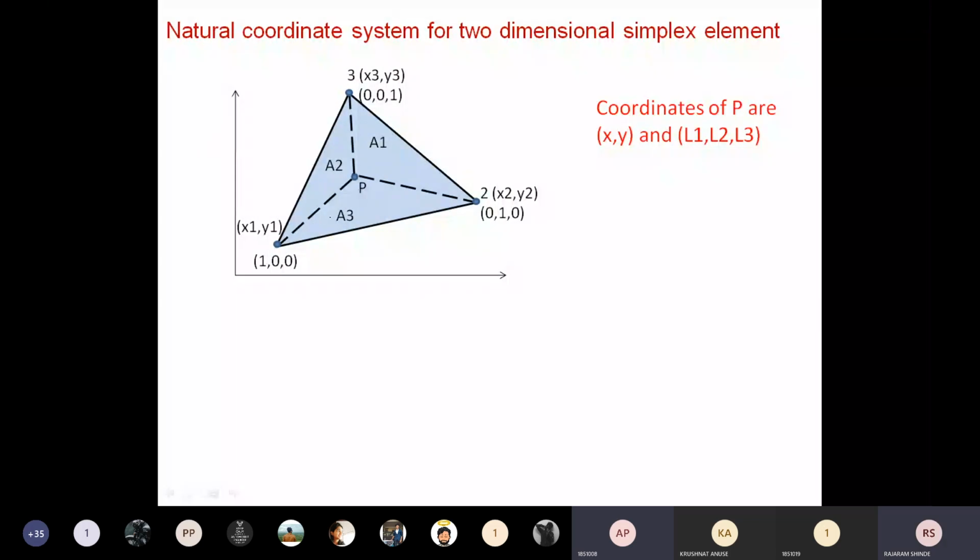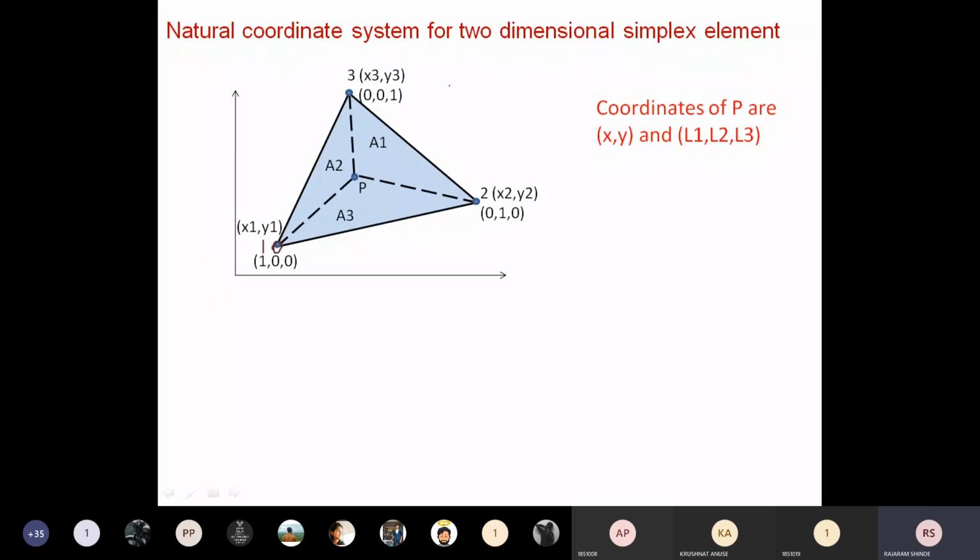Okay. Now see here. Here, this point is suppose 1 point. This is node number 1. You have a triangular element, and this triangular element has node numbers 1, 2, 3. That means this complete triangle is one element. Now, this node number 1 has coordinates x1, y1. Node number 2 has coordinates x2, y2. Node number 3 has coordinates x3, y3.